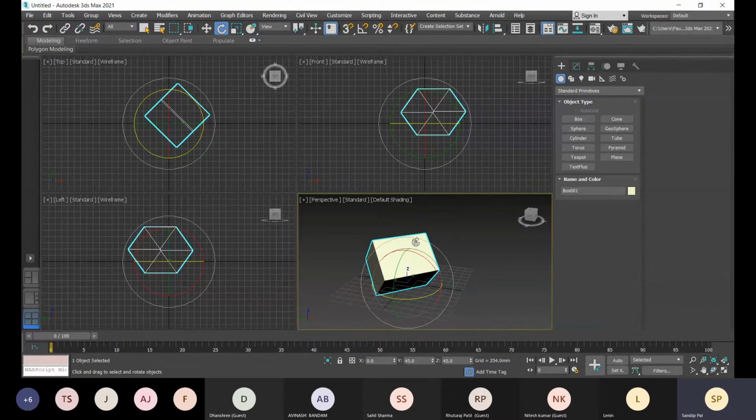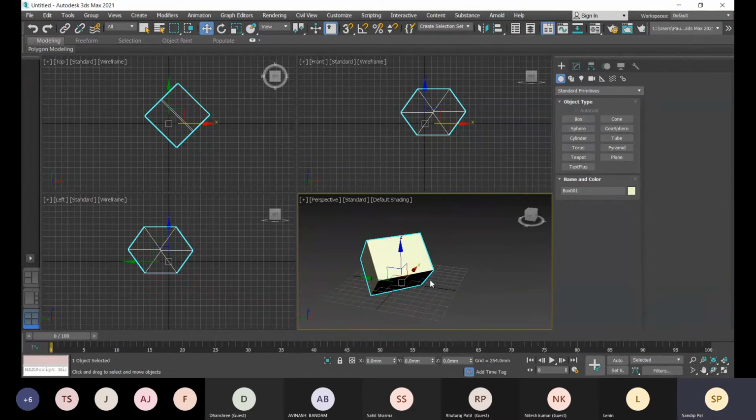Now if I press W, meaning the move gizmo, you see the gizmo is not showing according to the object alignment. It's according to the current coordinate. Suppose I want to move at this 45 degrees according to this object, in the direction this face is showing.